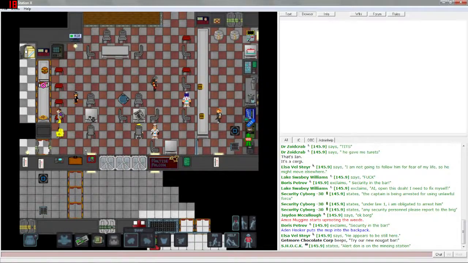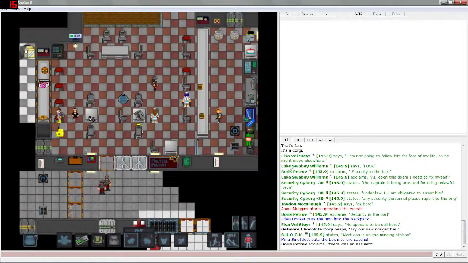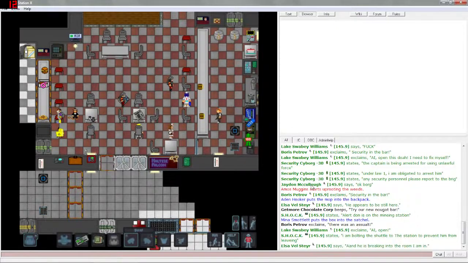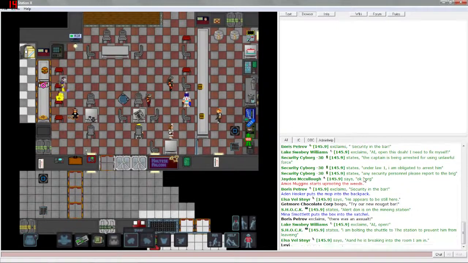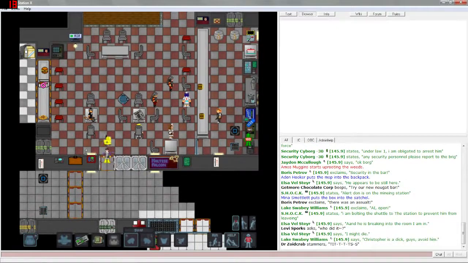Let's see, security in the bar. What's happening in the bar? This is the bar, by the way. We're there right now. The captain is being arrested for using unlawful force. A Borg is arresting the captain. That's interesting. Under Law 1, I'm obligated to arrest him. Any security personnel, please report to the brig. Okay, Borg. He appears to be...